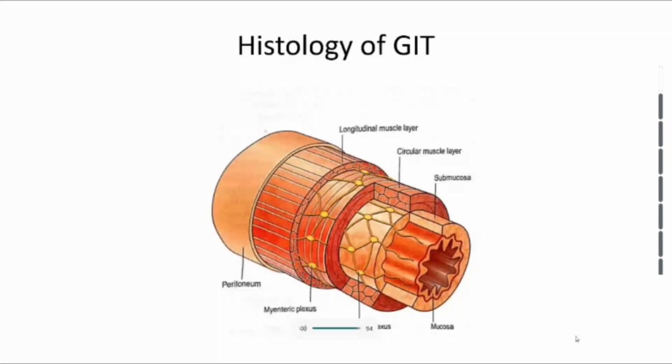So generally, this will be the general structure of the GI system, all the way from the esophagus, the stomach, although there are a bit of differences in each area, the duodenum, the small intestine, and the large intestine. All of them have this general structure. There is the mucosa. Of course, you have the submucosa, and between the submucosa and the circular muscle layer, remember, these are smooth muscles, of course,